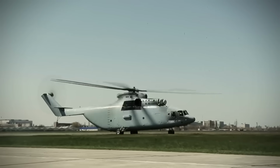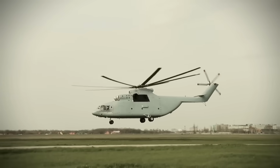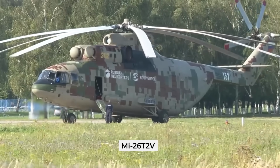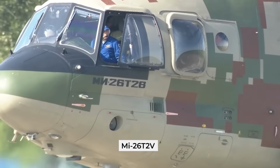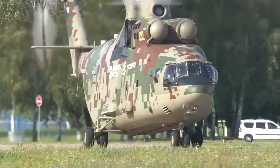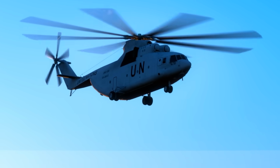The engineering behind its gearbox proved to be the key to unlocking the full potential of its American rival, and the latest Mi-26T2V features completely new avionics, reducing the crew size to only 2 and complying to global standards. There is still a future for this giant, even though it's almost 50 years old, and I hope you enjoyed